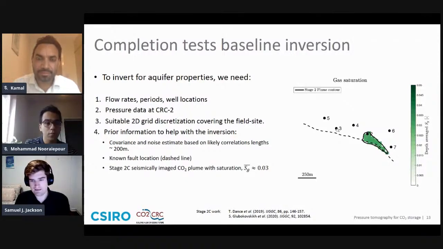And what we have is the well locations, so wells 3, 4, 5, 6, and 7. We also have well 2, and we have the CO2 plume around well 2 from the stage 2C operations. Now this is the plume contour and the depth average saturation from a seismic image that was taken during the stage 2 operations. This dashed line is the fault in the domain, which has been interpreted from this test period